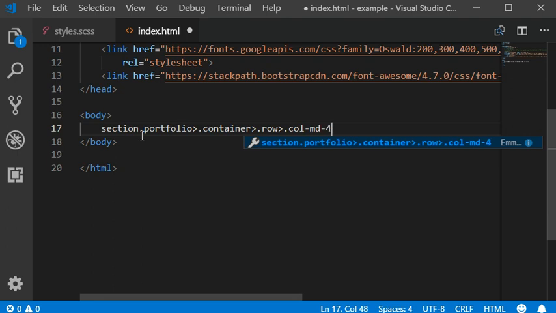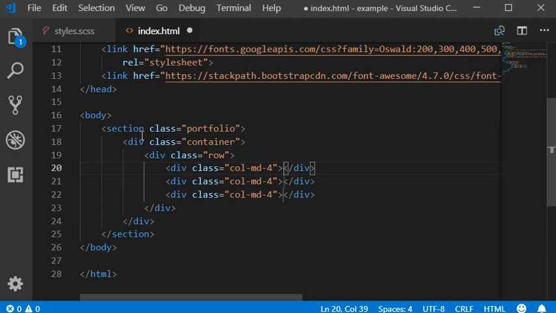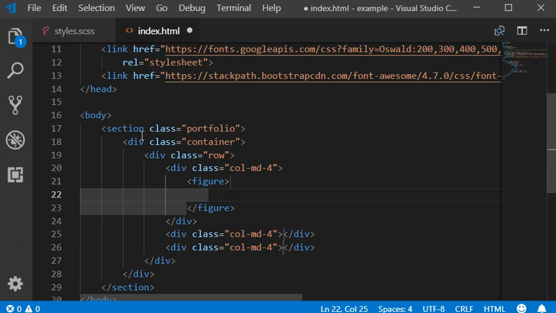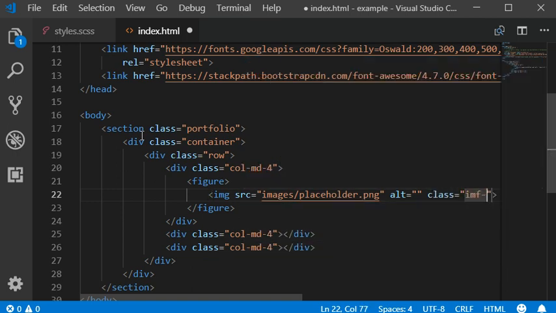into my project, and then static 3, which has the image. Actually, we need to generate this one, and then add a figure here with the image tag, which has the images in this. So I'm going to create an image and then add a placeholder with the class of img